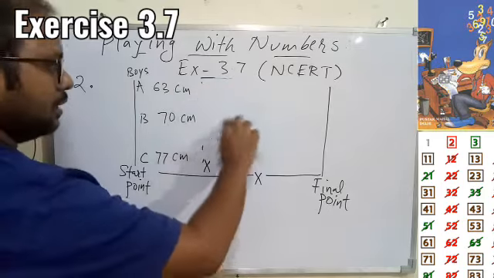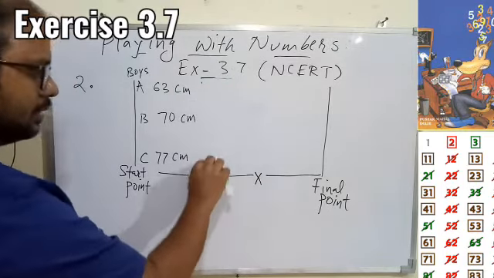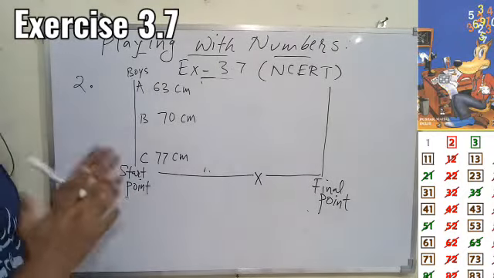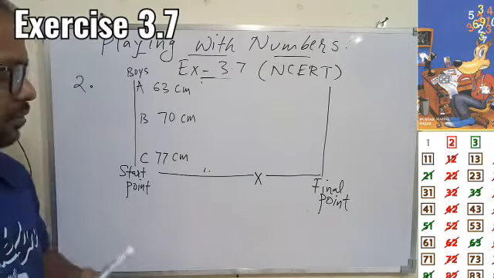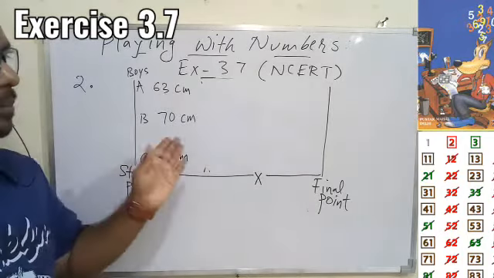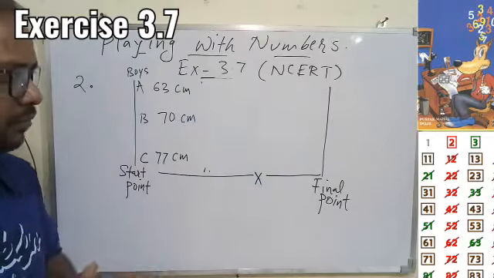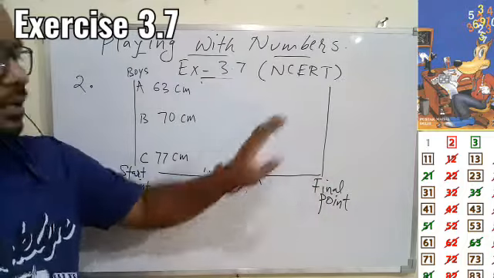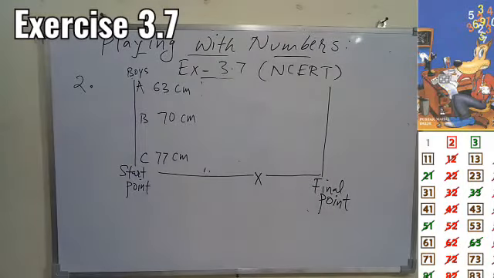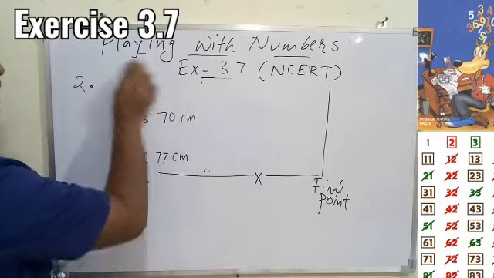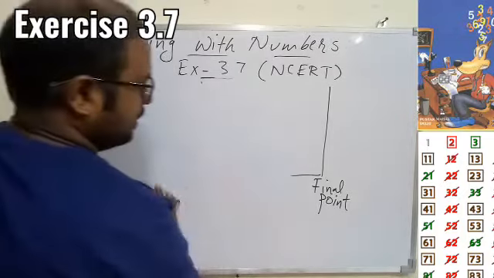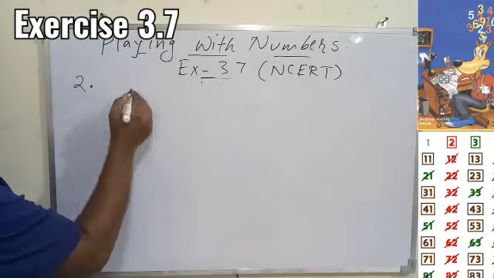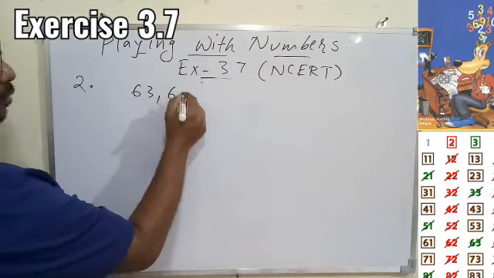So the step will be there of all the 3 at the particular final point, that is at the distance of x. So overall the question is nothing but we have to find the minimum distance common to all the three which they will cover in complete number of steps. Since the steps are different, after some distance a point will come so that all the three will be able to put the step on that particular line. So overall we are going to find nothing but the LCM of A, B and C footsteps, and once we get it, we'll understand the meaning also.